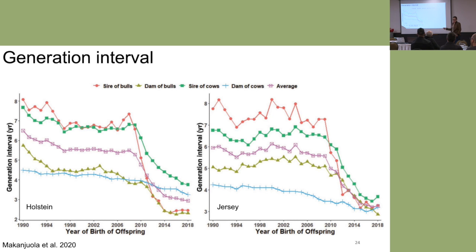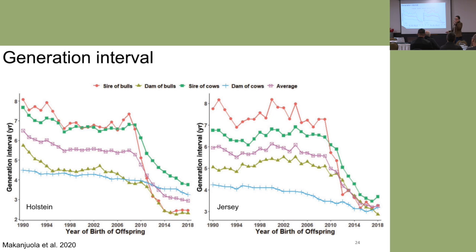Now these are Holsteins, right? Do you think this is going to look different for Jerseys? It'll be a little more spread out, I think. Who says it's going to be more spread out? I learned something from Gene. He was very provocative, so I'm going to try and be provocative too. This is what it looks like for Jerseys. Not more spread out. Generation interval is even faster.